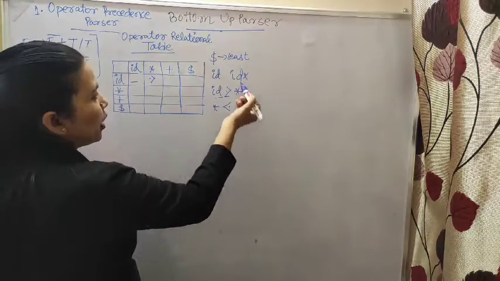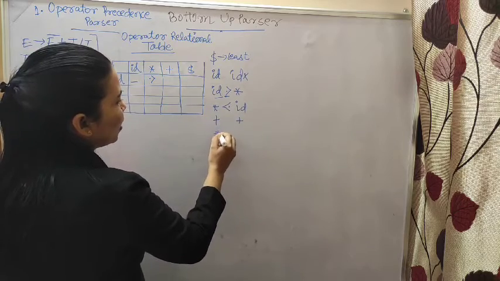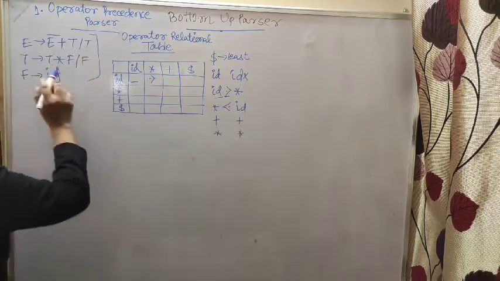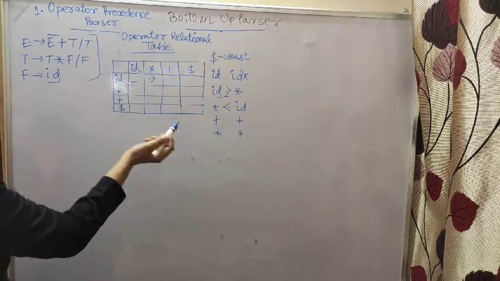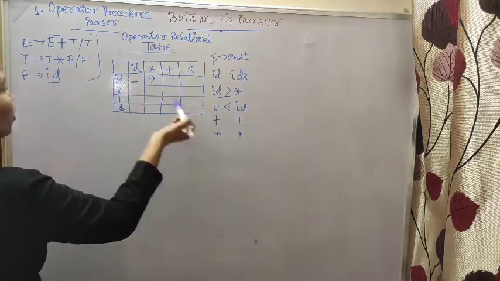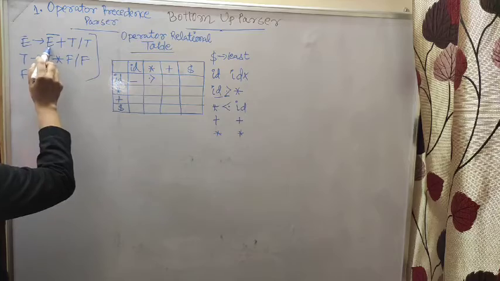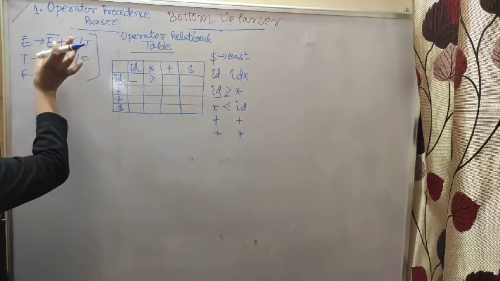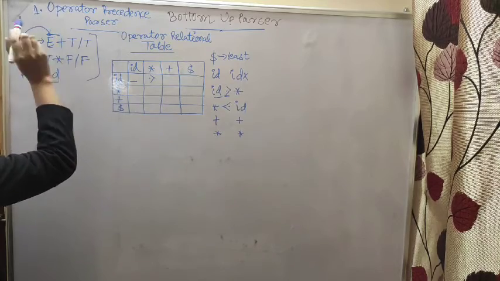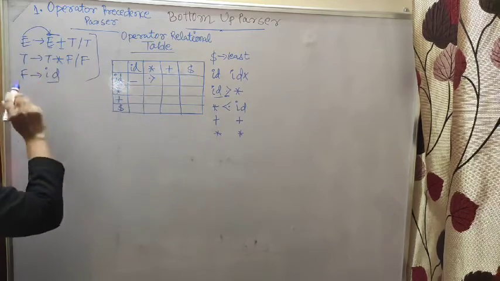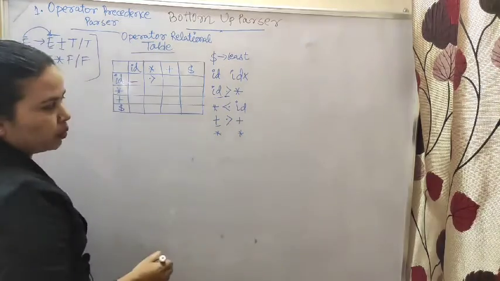If two operators are there except ID and ID, suppose plus and plus, we will check it, and star and star we will check it. At that time we go by the production rules. Plus and plus is given, so which plus will be solved first? Look here, the non-terminal variable E is given, and the first letter in the right side of the production rule is E, so that means it is left associative, that means this plus is left associative. So first we will solve the left side of the plus.